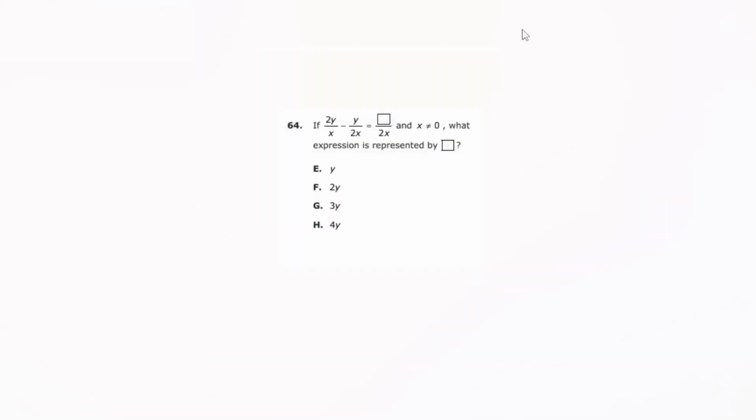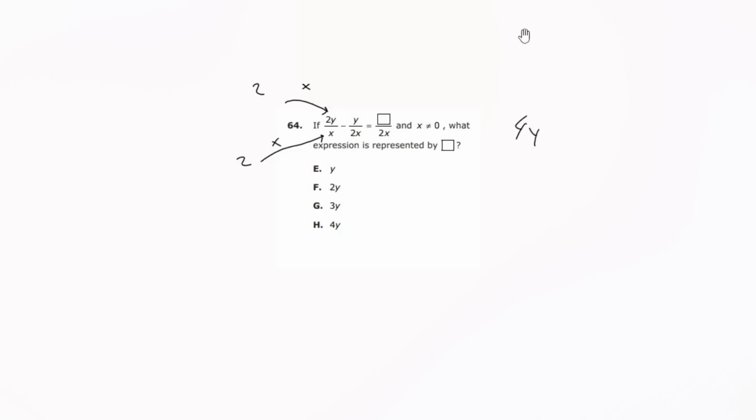Alright, so this question asks if 2y over x minus y over 2x is equal to blank over 2x, and x cannot be equal to 0, what expression is represented by the blank? So first things first, I noticed that when you're subtracting any fractions, you have to have the same denominator. So I just multiply this by 2, and I multiply this by 2, so both of them get the same denominator. Okay? So then it becomes 4y